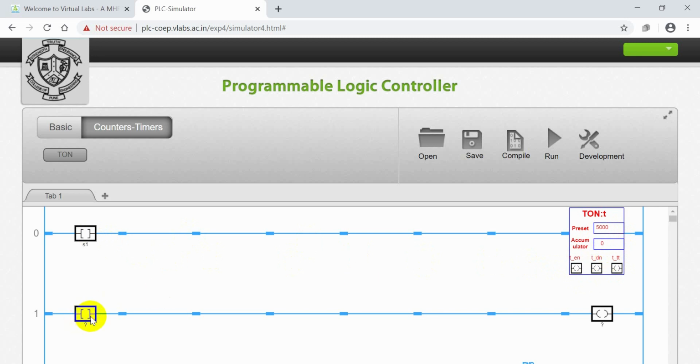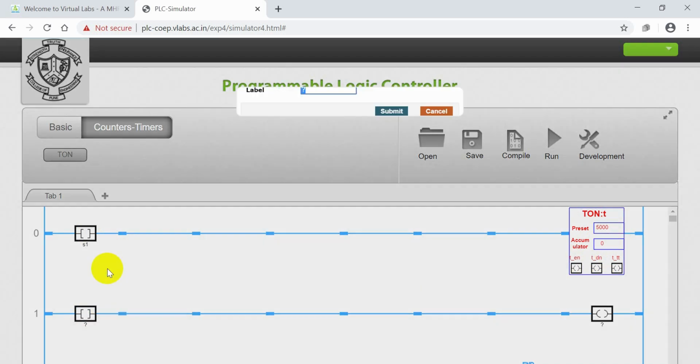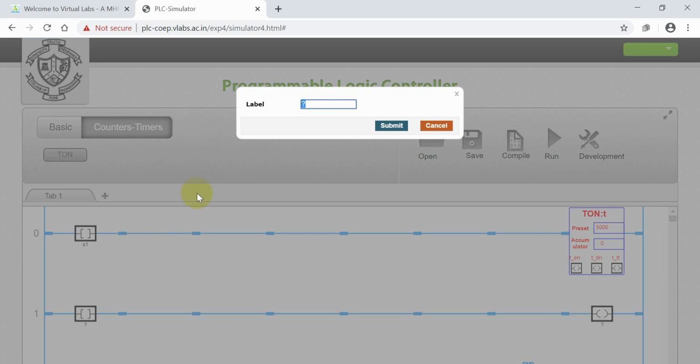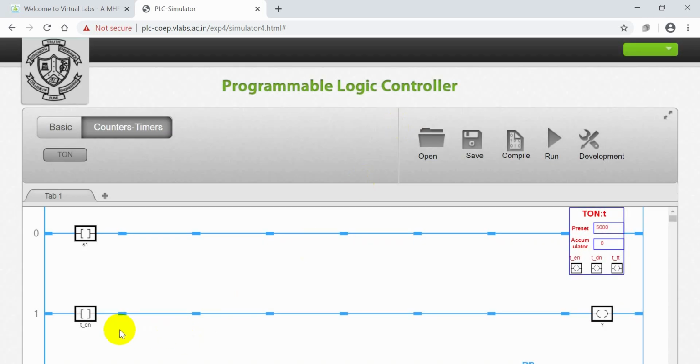So we have to give the tag underscore done. Why are we using the done bit only? Because only after 5 seconds does the done bit become high, and then only can it turn on our actual output device.